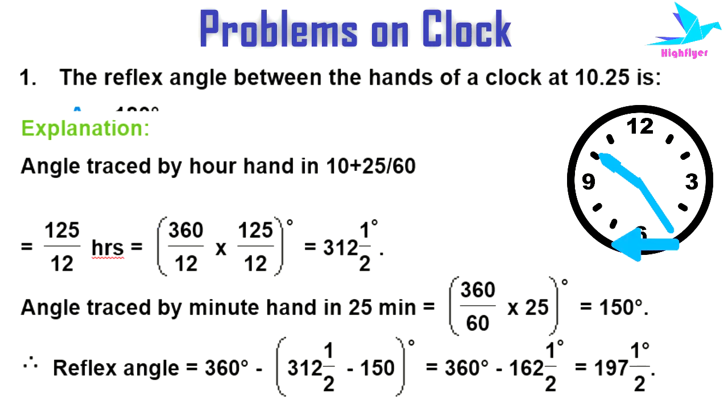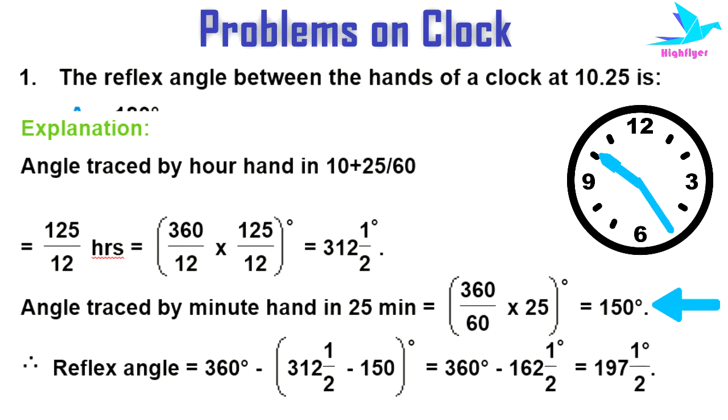Now after each hour, the angle that is traced by the hour hand is equal to 360 by 12. That is equal to 30 degrees. So the total angle traced by the hour hand in 10 hours 25 minutes equals 360 by 12 into 125 by 12. That is equal to 312.5 degrees. Now let's see the angle traced by the minute hand in 25 minutes. That is equal to 360 by 60 into 25. Angle traced by the minute hand for every minute equals 360 by 60. That is equal to